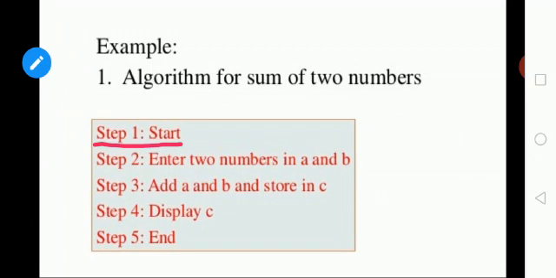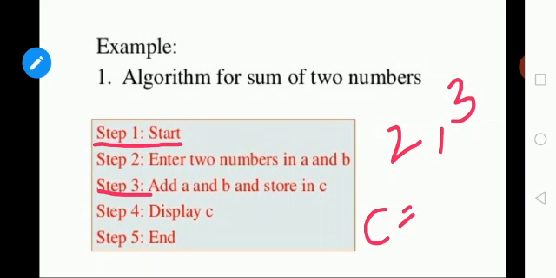Then step 2. For adding two numbers, we need those two numbers as an input. So, enter two numbers and store them in a space, that is A and B. A and B here are variables. What value we are getting is stored here. For example, if we are getting 2 in A and 3 in B, then in the first variable 2 is stored and in the second variable 3 is stored. So, step 3, add A and B and store in C. What will be the answer in C? Adding these two numbers, for us, we have given a simple calculation. 2 plus 3 is 5.